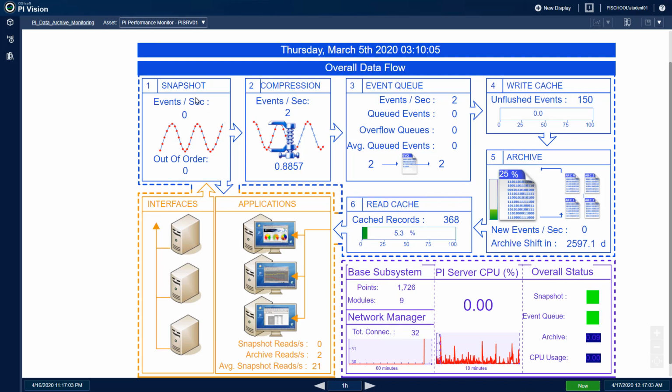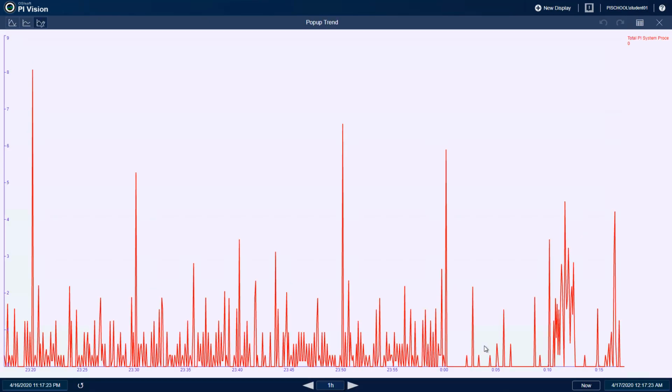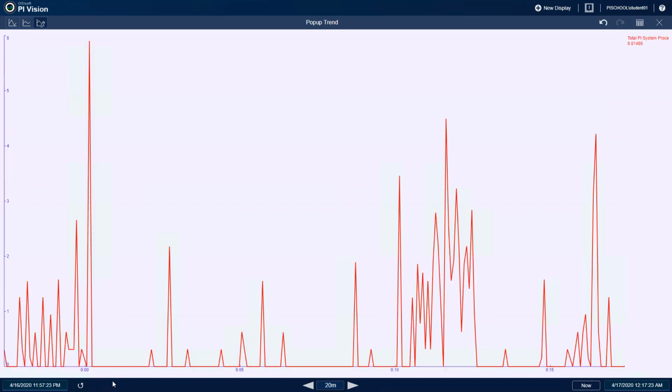The approximate peak of the Pi server CPU over the last 20 minutes. Again, we're going to look at our CPU trend, and we can double-click the trend to expand it. If we open it up, we can see the time range is 1 hour. To change that, we will go into the start time and change it from -1H to -20M. Clicking out of that, we can see our peak for the last 20 minutes is about 6%.